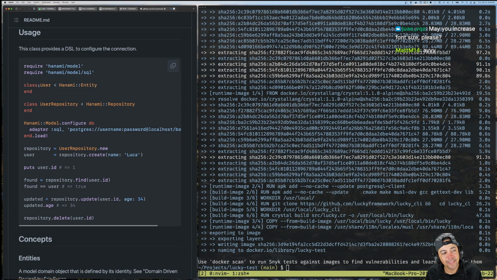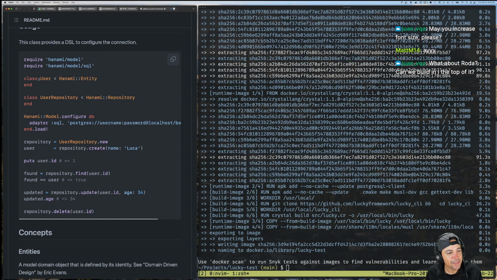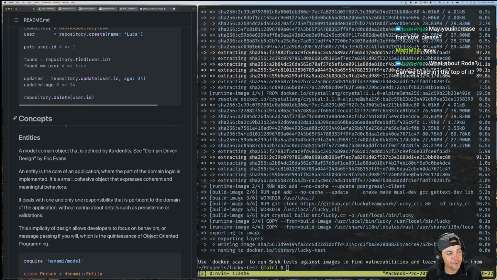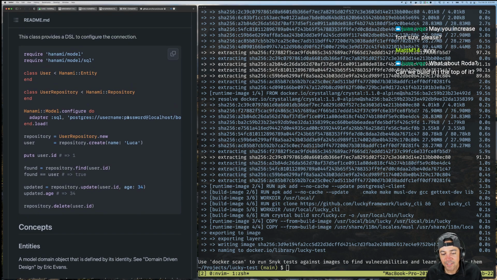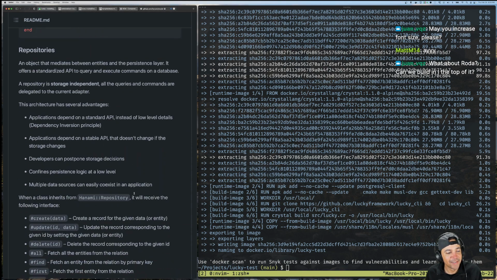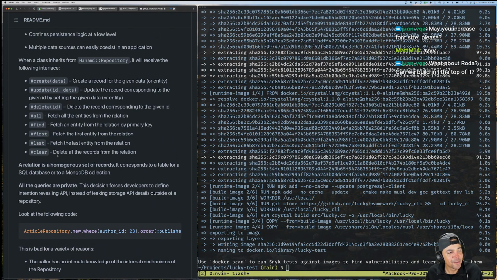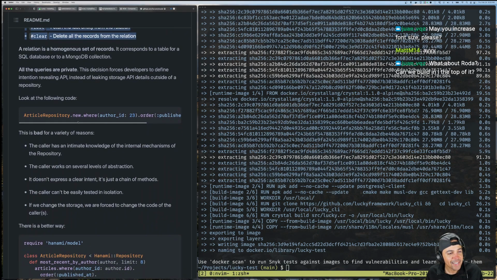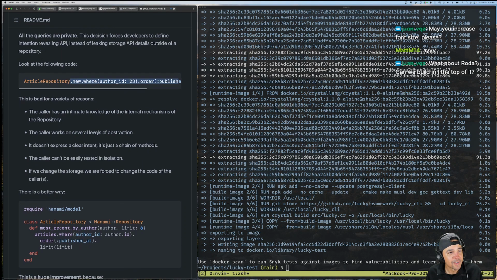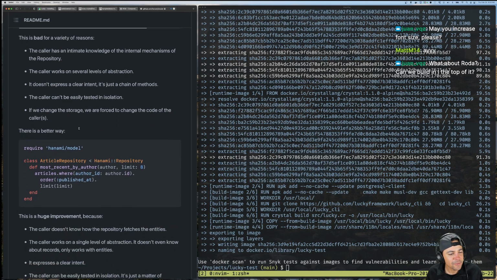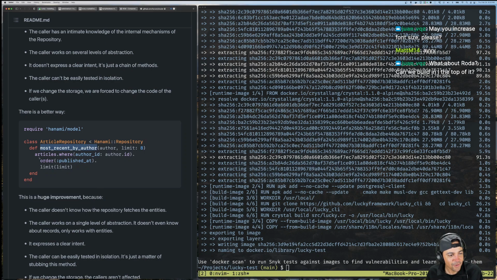But what's funny to me is you can make this a struct, right? Because I don't think they do anything with this. They just have a repository and create, find, update, delete, and then the user itself, did they do anything? They must do something with it. Maybe that builds the query, right? But to me, you make this a little nicer. The API could be quite a bit nicer actually. But yeah, so the repository has all the CRUD stuff, and then I guess the repository also builds the queries too. Oh wait, this is bad. The caller internal magnet. Okay. Oh, okay. So they name it, and then they do the thing.